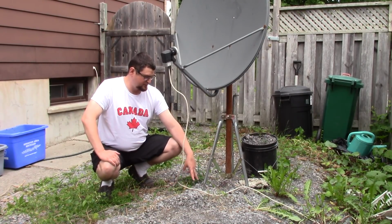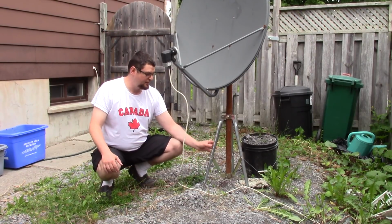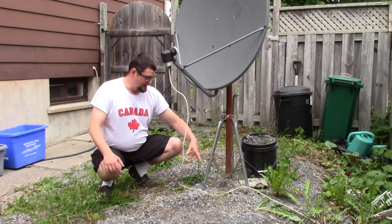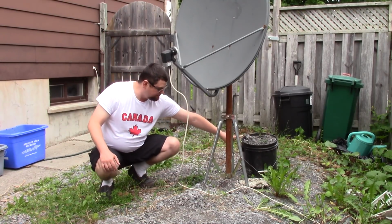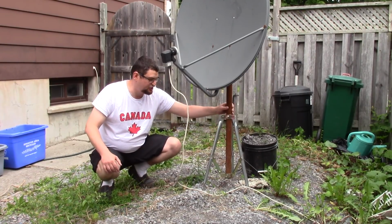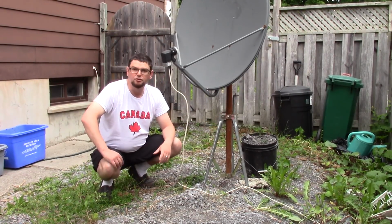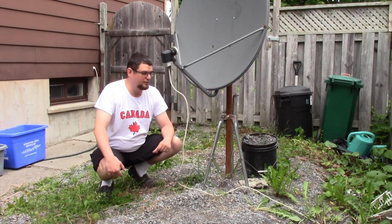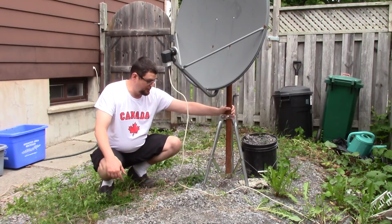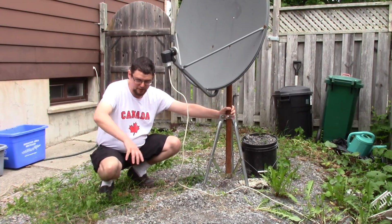screwed a few pieces of wood to help base it into the ground, and buried it a little bit in the ground, and on top of that I have this bucket back here just to weigh it down so the dish doesn't tip over in a heavy windstorm. I've only had it happen with really bad winds, like 90 kilometer per hour winds. I have had this thing fall down off the Black Beauty, but